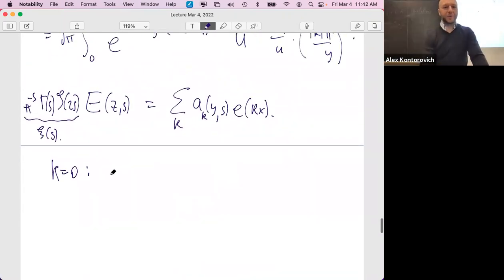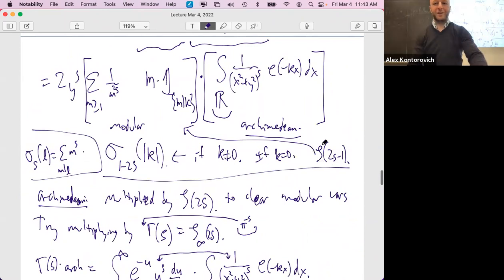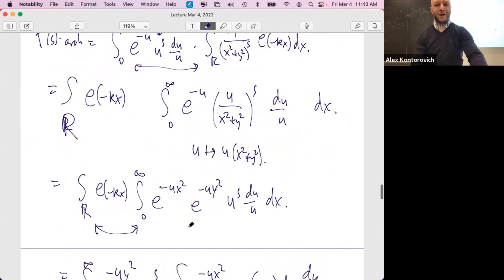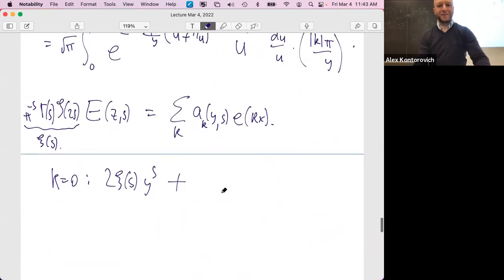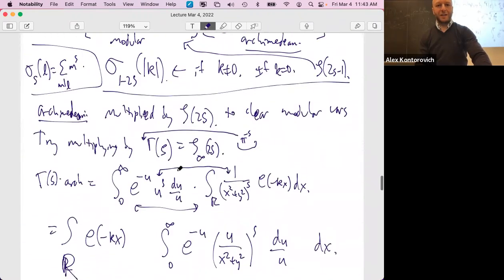So k equals 0, we have a couple of terms. We have this term c of s times y to the s, maybe with a factor of 2. There's another factor, which is the one that we found before, the zeta of 2s minus 1 times y to the s. Okay, so there's a second factor, which we'll work out in detail next time. Second factor, which will actually be the same factor with s replaced by 1 minus s. And if k is not equal to 0, what we found so far is